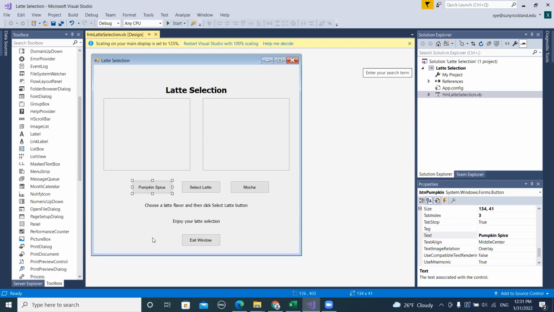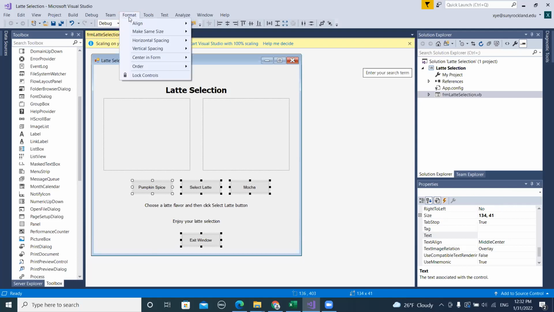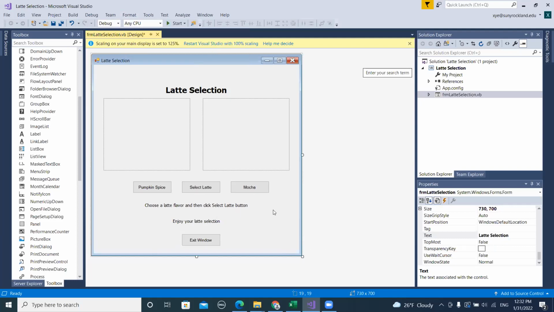I click the pumpkin spice. I hold the Control key, select this one, select this one, select this one. So I select all 4 buttons. Then click format. I can make a size. Go to format, make same size both. So they will be the same size. Then I click anywhere to deselect